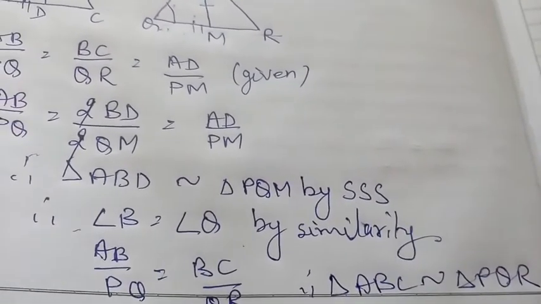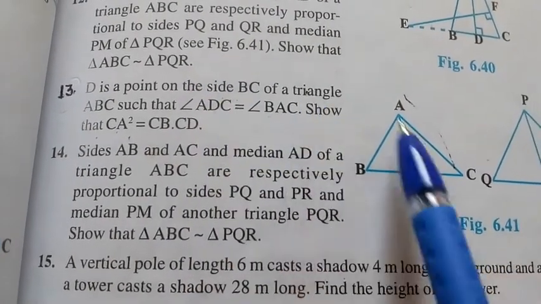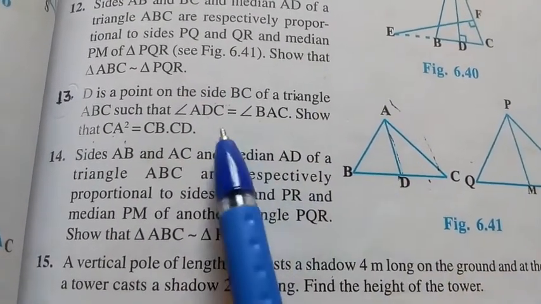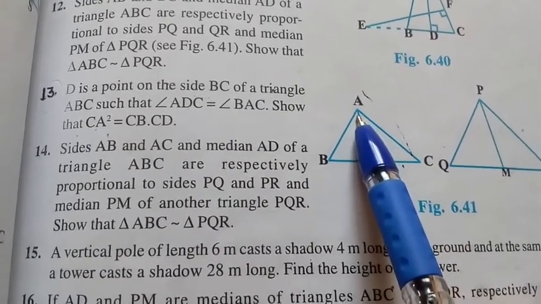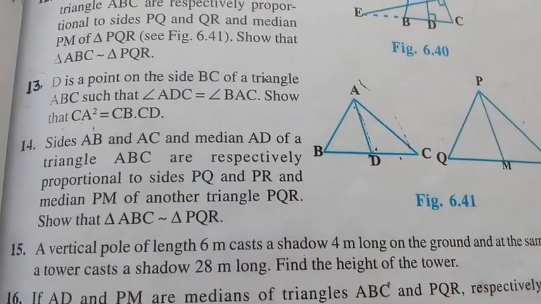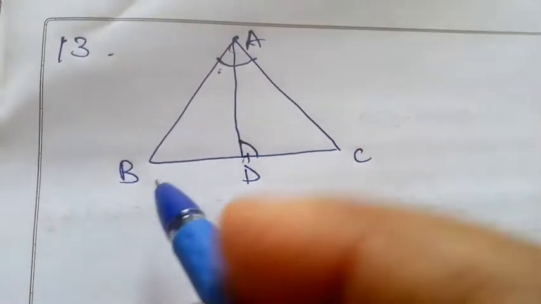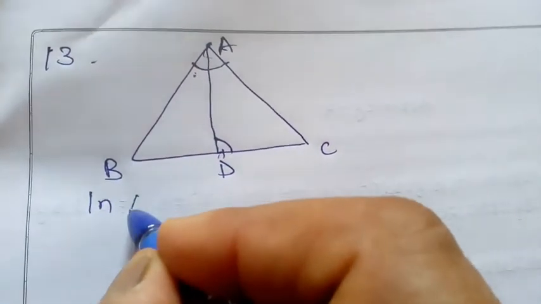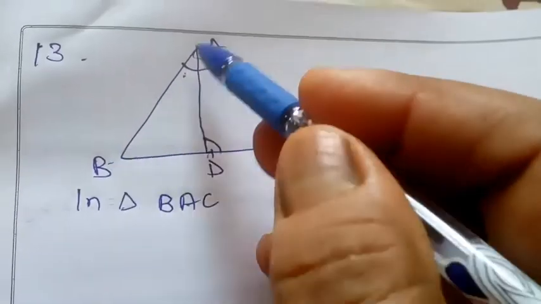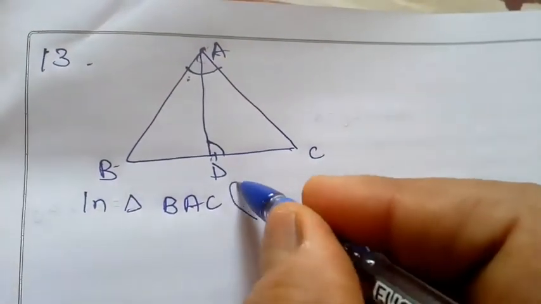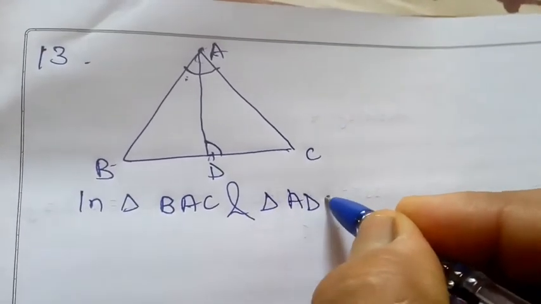Proved. Next question. Question number 13. D is a point on side BC of triangle ABC such that angle D equals angle A. Show that CA square equals CB dot CD. Angle A equals angle D. In triangle BAC and triangle ADC,